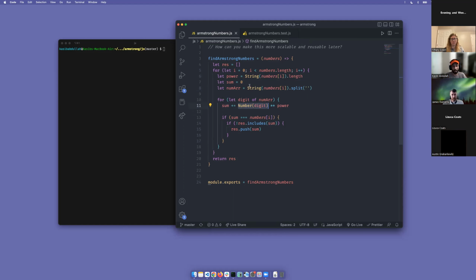And that to the power that is the length of that original number, the larger number that it's a part of. So to check if it's an Armstrong number, you need to check to see if that greater number, numbers I up here, is equal to the sum you created in the nested for loop. And if it is, you're going to push it to the resulting